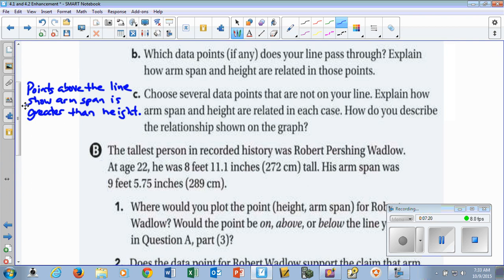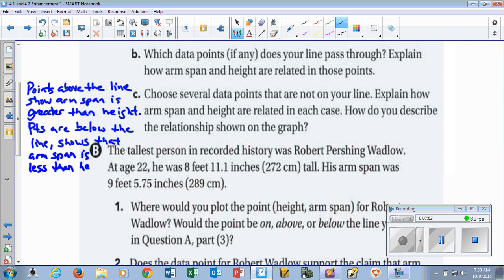And if the points are below the line, it shows that the arm span is less than the height. So kind of like you see a visual there of greater than, less than. All right. So as we're going here,